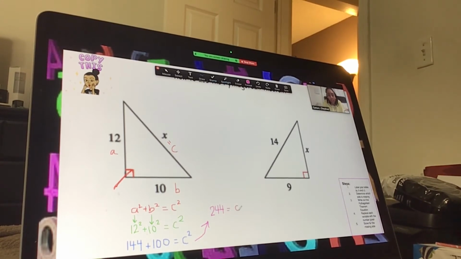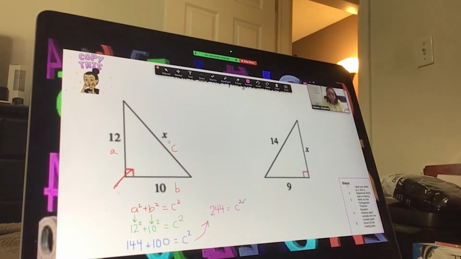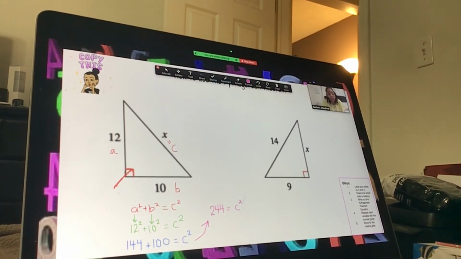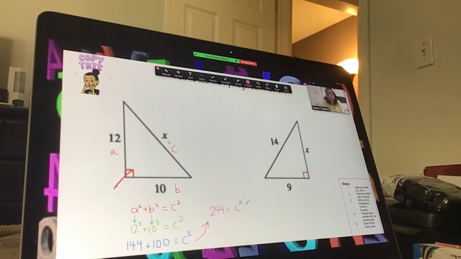And so the last thing we have to do to be able to solve this has to do with what your warm-up was today, which is using square root. Why do we use the square root? Because square rooting is the inverse or the opposite of squaring. So it gets rid of that squared so we can solve it. So we're going to take our square root, and whatever we do to one side, we always have to do to the other side. Okay, so the square root undoes the C squared. So now I have C equals, and then I have to use a calculator